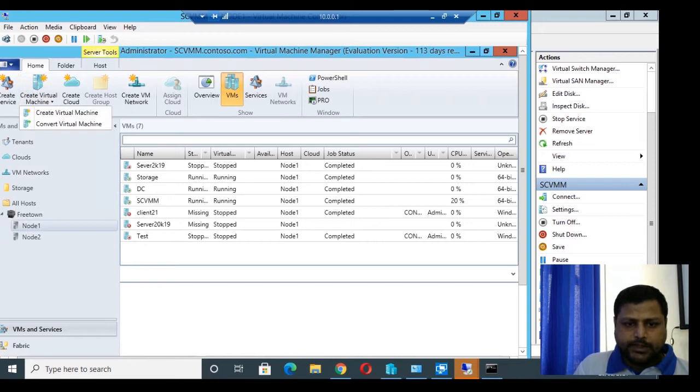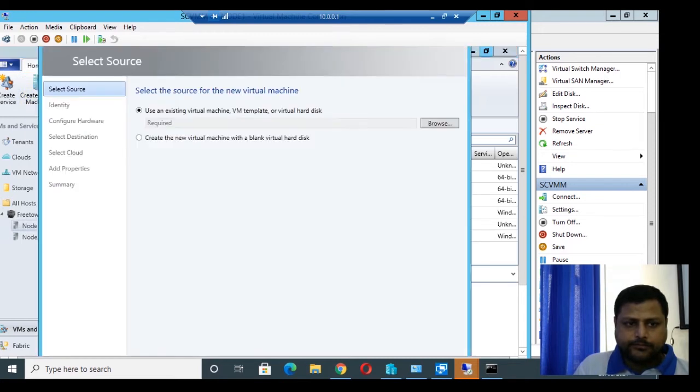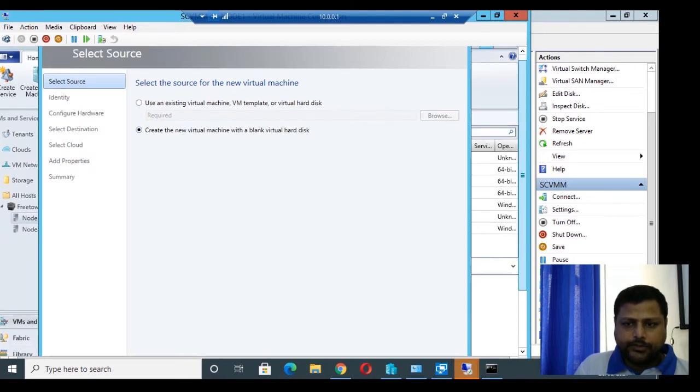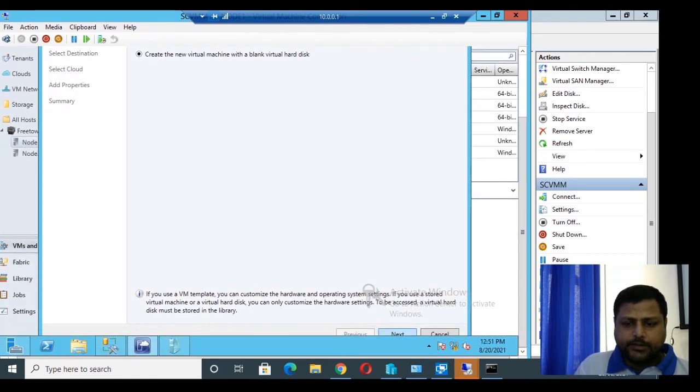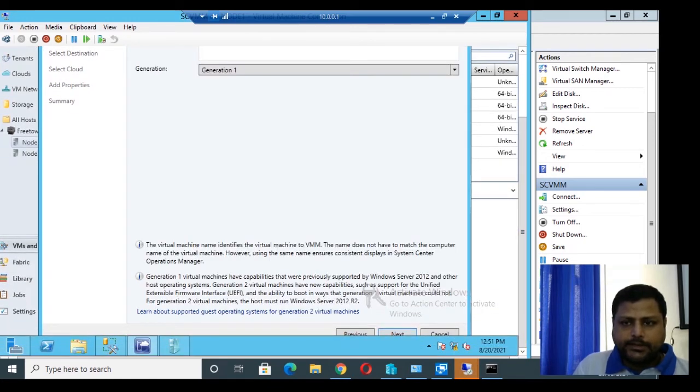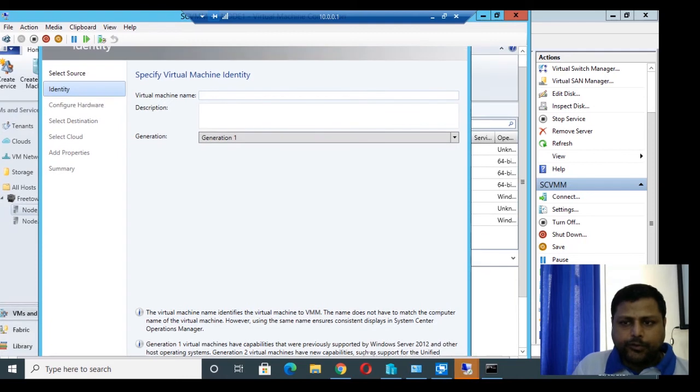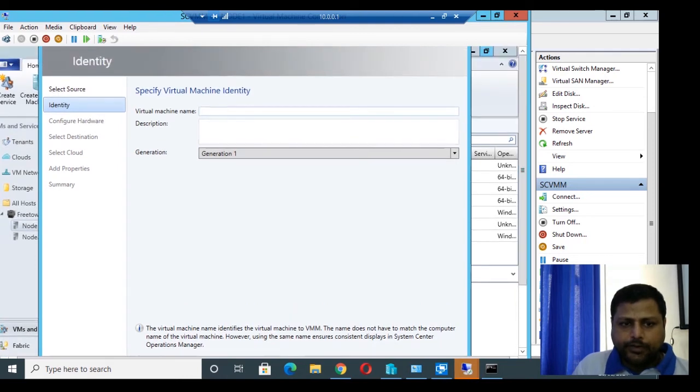So you can see that I'm creating one virtual machine, and this is the template which is being displayed in the system, that is use existing virtual machine template, or I can create a new blank system over here. So if I want to create, you can see that create a blank system. Here I'll go to the next, that is the generation 1. We'll select the profile, that is the generation 1 profile, and we'll select the system as per the requirement. So I'll select generation 1 system.